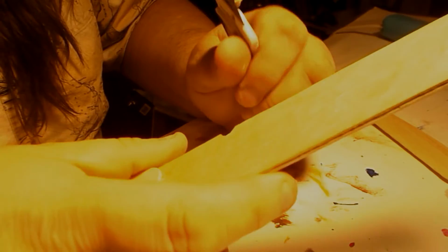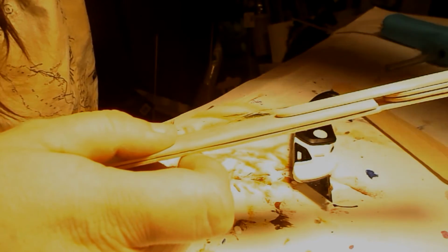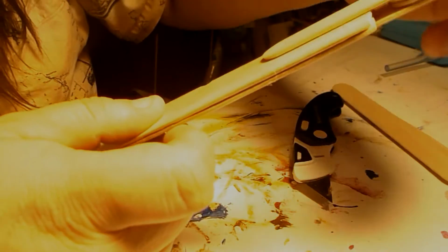So what we're going to do is we're going to keep doing this. I'm going to go ahead and carve out these notches. Now, it's also good, maybe handy if you have one, to have a rubber band handy. So I'm going to grab a rubber band out from over here if I can find one. Now what this is for,